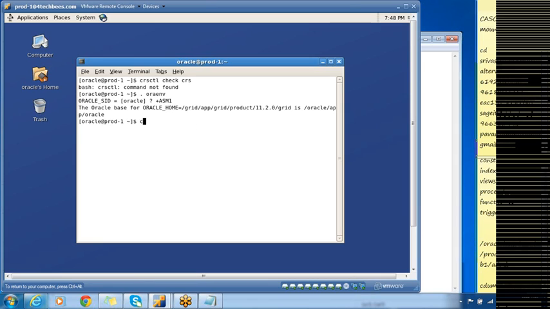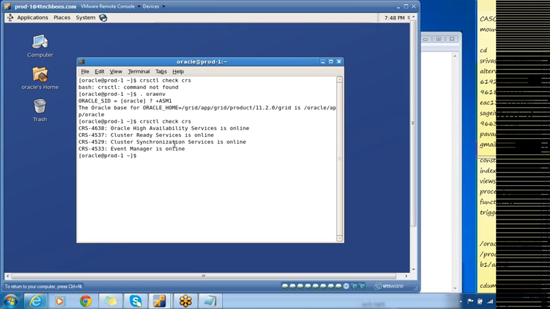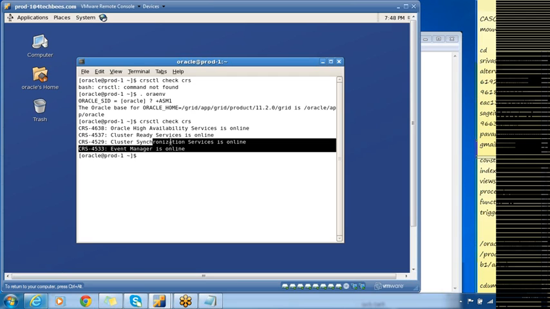First you need to set the environment to ASM because the cluster software is running from the ASM home, which is the grid infrastructure home. And as I already told you, whenever we have the RAC cluster, the instance name will be suffixed with 1, saying that this is the first ASM instance, and on the second node I'll have the second ASM instance. Now if I do crsctl check crs, this will show me the four processes which I was talking about: high availability service, cluster ready service, cluster synchronization service, and event manager. And I already told you yesterday about each of these processes.